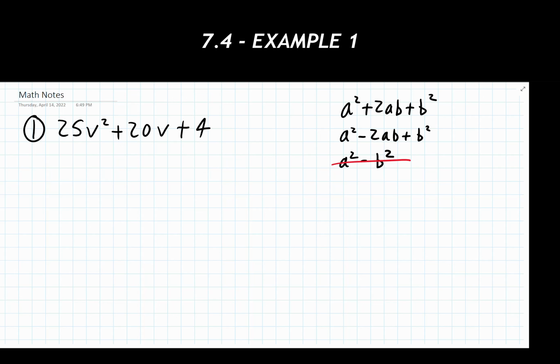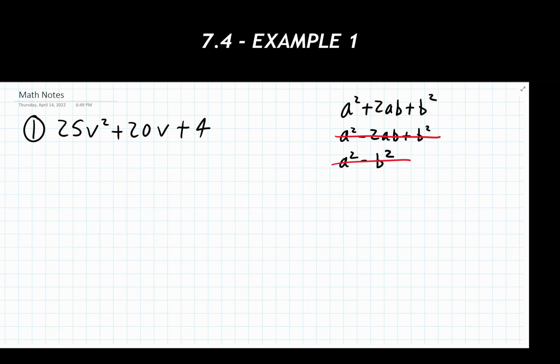Well, looking at this thing, the only difference between our 2 forms we have here are the signs of the middle terms. One is adding, one is subtracting. So if we look at ours, this thing could be that first type of special product that we have. All right, so it's got a perfect square for a first term, it's got a perfect square for the last term. Great. This thing could be that first special product.